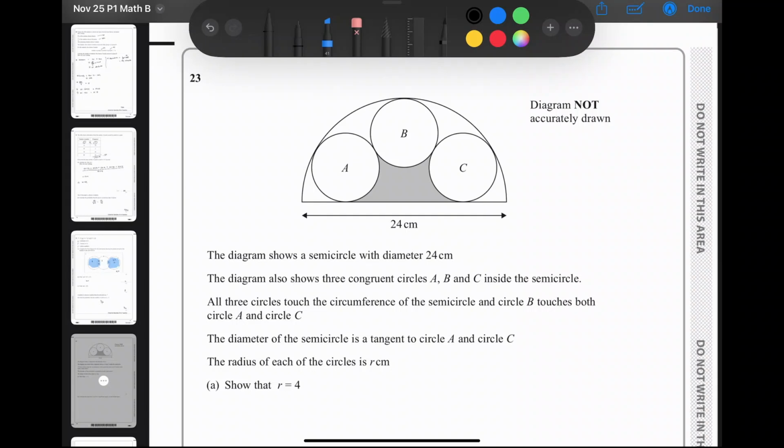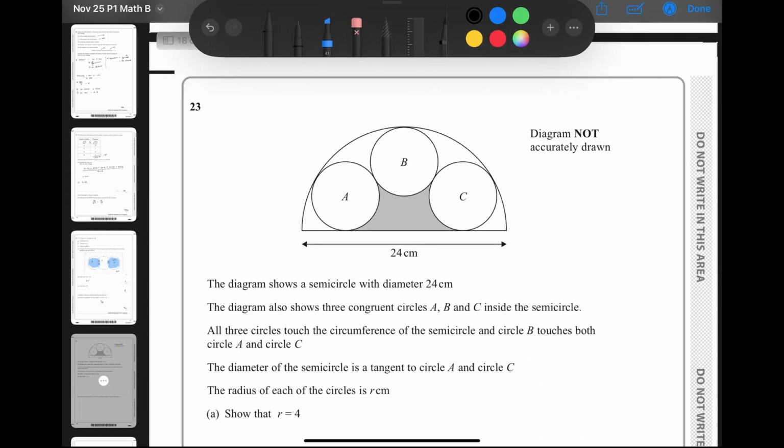For question 23, we have presented a very complex figure constructed using circles only. There is a grey part, shaded for proper labeling. It is given that the big semicircle has a 24 centimeter diameter, and we are asked to find the radius of